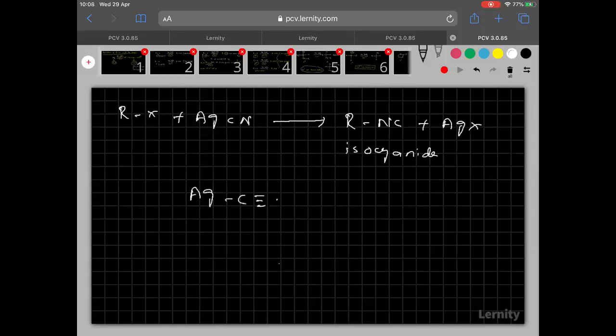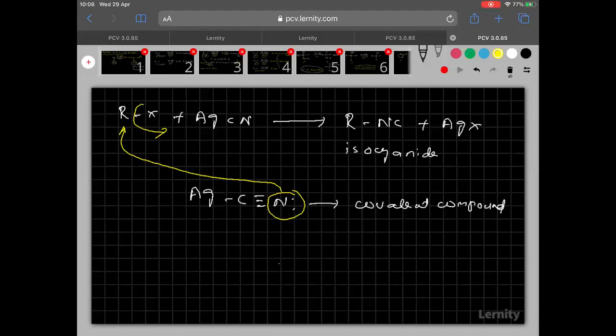See clearly, this is the AgCN structure. And remember, AgCN is a covalent compound. Ions are not there, it is a covalent compound. So you see here, carbon has 4 bonds, nitrogen 3 bonds. At the same time, nitrogen carries a lone pair. So in carbon and nitrogen, which has more electron density? Nitrogen. Therefore, nitrogen attacks on R, then X will leave. Here also, the mechanism followed is SN2 only.